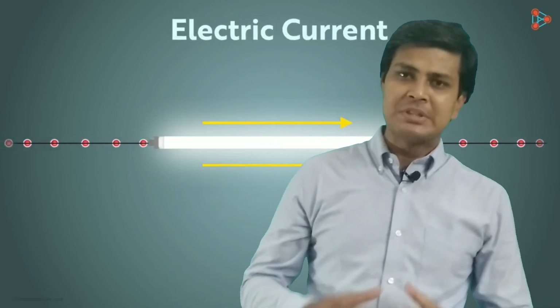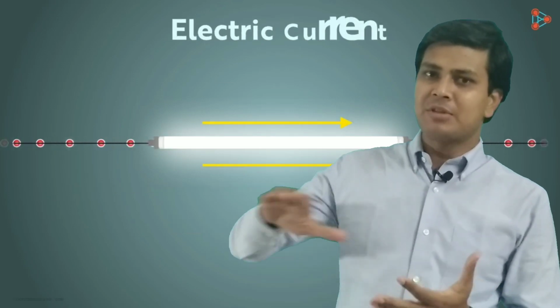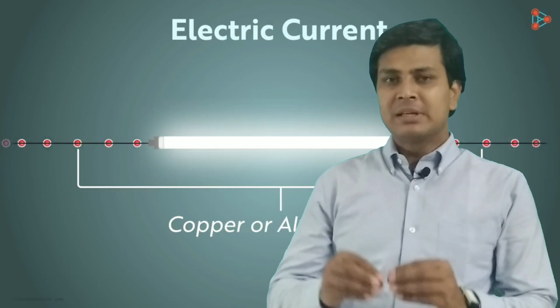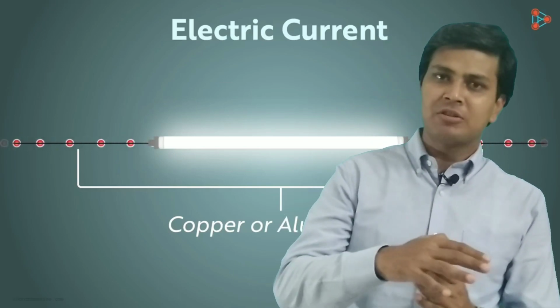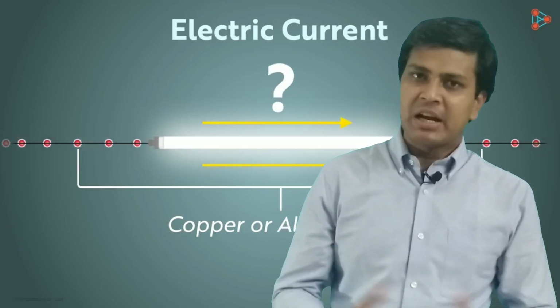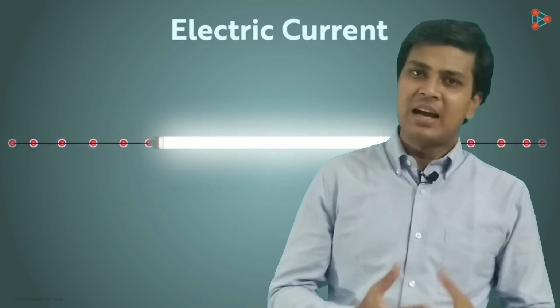When charge is produced in a surface and is moved from one surface to another surface, that is called current electricity. And if an amount of charge passes through a unit cross-sectional area in unit time, that is called electric current. It is denoted by I and the unit of electric current is ampere.